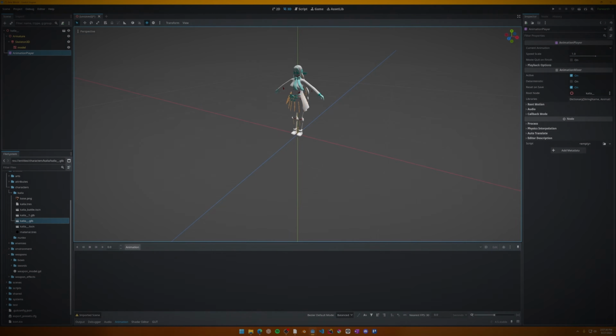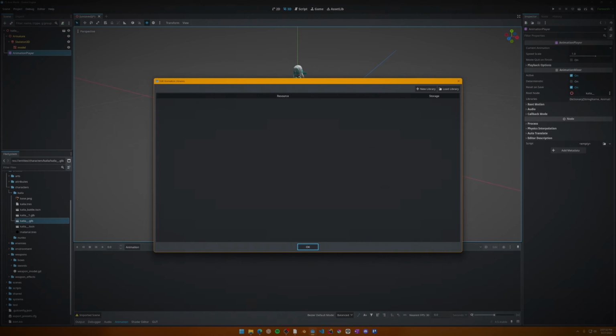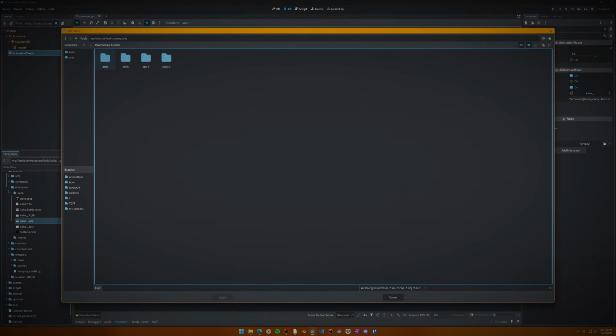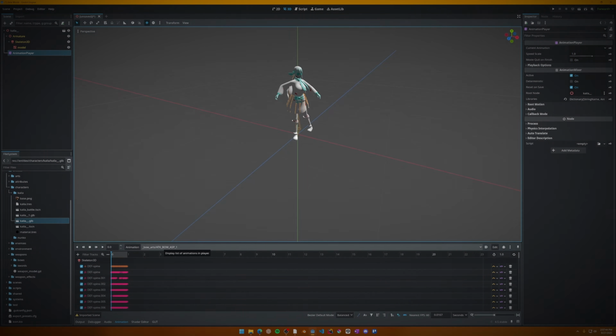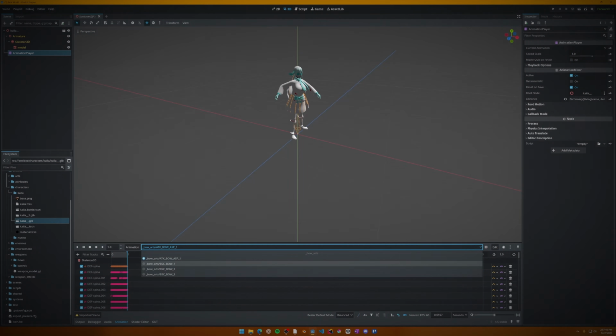If you remember from my animation workflow video, I created a variety of separate animation files in Blender, which I then imported into Godot as GLTF files. All you need to know for this video though is I created a bunch of animations, one per art, and import them as animation libraries. Now I just need to have Godot save them as separate files so I can drag and drop them into